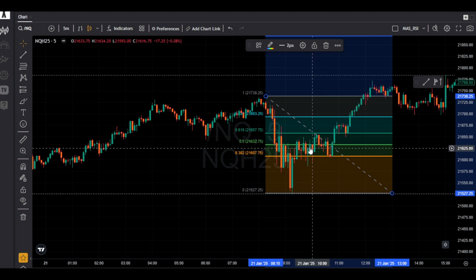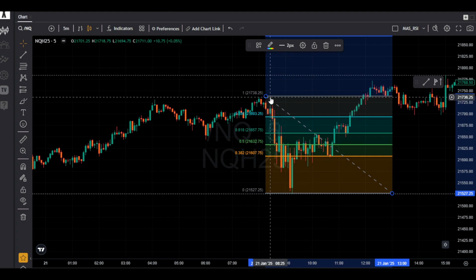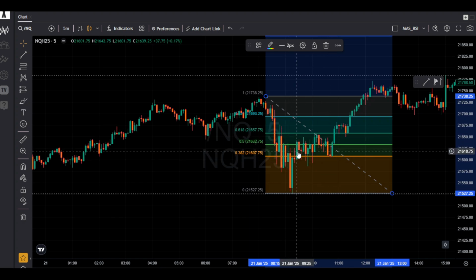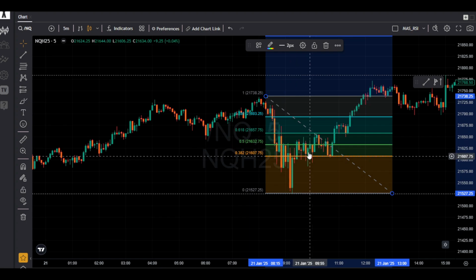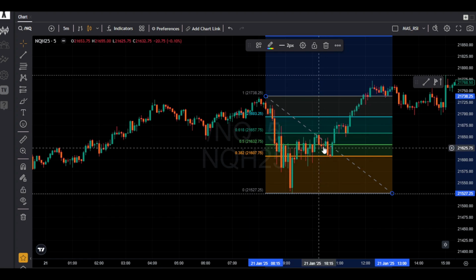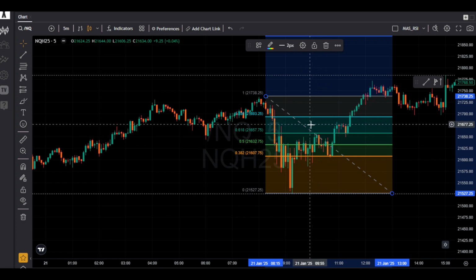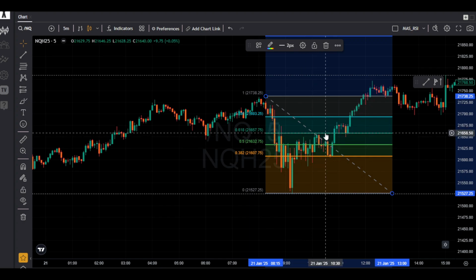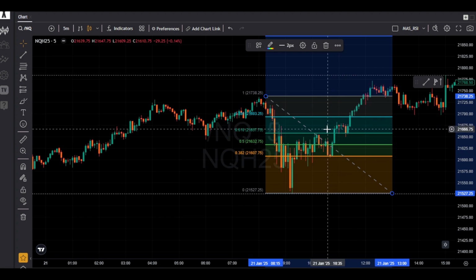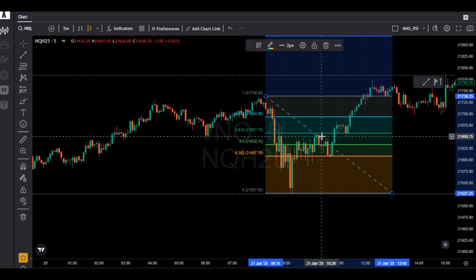It's not your A plus setup, because the ideal setup would be the one that gets a clean retracement to the 0.618 area over here, and from there it will move down. When you see a sign of consolidation, like it's creating multiple candles sideways over here, skip this setup. This is not your setup, because let's say you enter the position over here, sometimes you set up a pending order over here, then it will hit your SL. So I will suggest not to set up those pending orders, and just wait for confirmation and look at the proper setup, then take the entry.